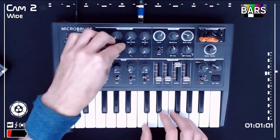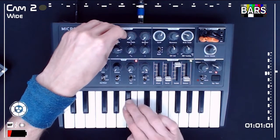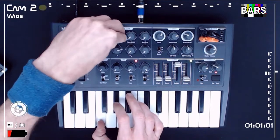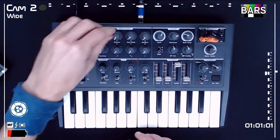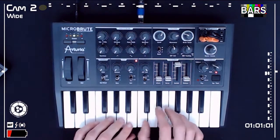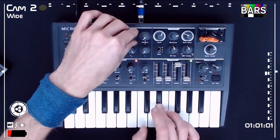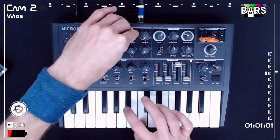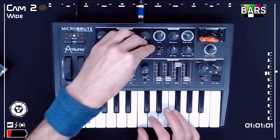And the next one is the saw wave. Just kind of does that little thing. Not much. Let's see what the square wave does. Also has kind of a cool filter effect. Now the triangle